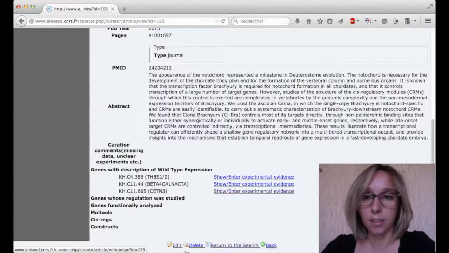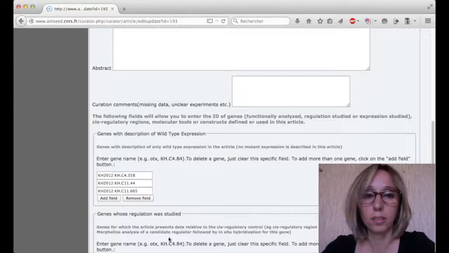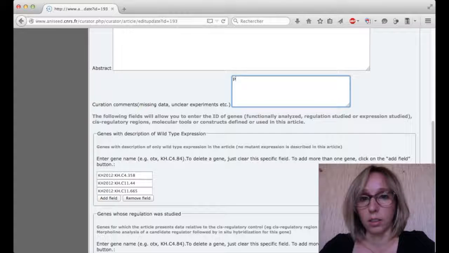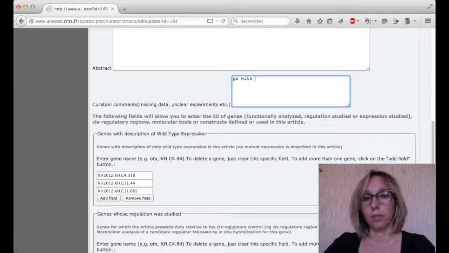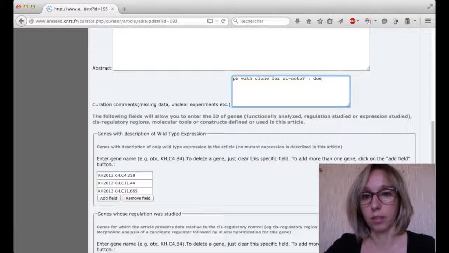Okay, as I found a problem with the clone, I will put as curation comments the problem I had: problem with clone for C-NOTO8, because it doesn't appear and I know that the clone exists in the system.